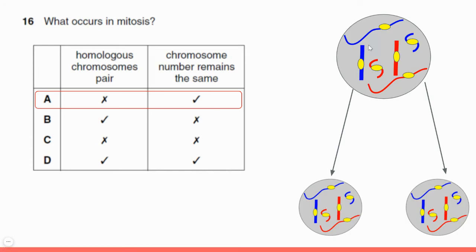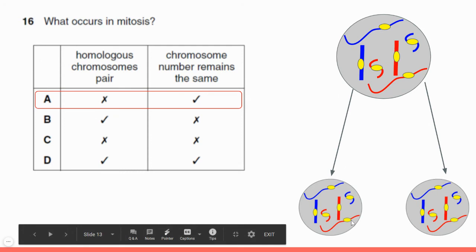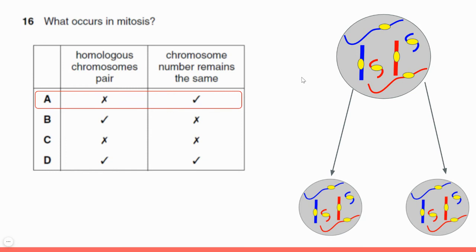Okay, let's say for example this is a parent cell. There are homologous pairs of chromosomes. You can see the blue ones have come from a parent and the red ones have come from the other parent. In this cell it's a diploid, two sets of chromosomes are there, but they are not forming homologous pairs, they are not pairing up. But one thing is for sure, when this cell undergoes mitosis, the daughters will have the exact copy of the parent's chromosomes. So the number of chromosomes in the daughters will be the same. So our answer is option A.